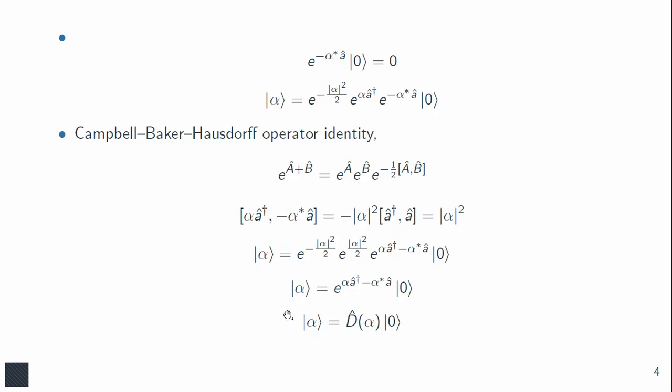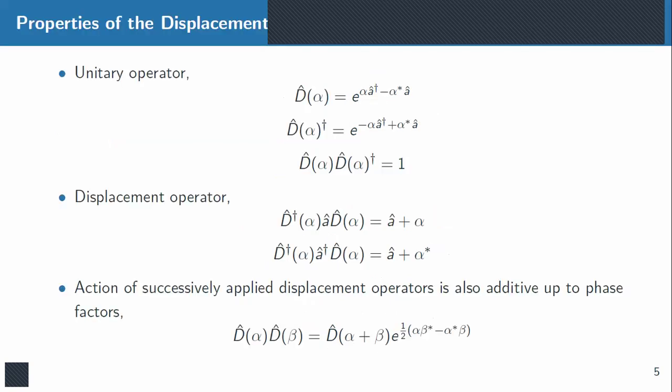So we could write the coherent state as the displaced vacuum state, and we have achieved this goal through the displacement operator. It has some peculiar properties. It is unitary, as every physically realizable operator should be denoted by a unitary operator, and the action of this operator on the creation and annihilation operators is going to add a complex number.